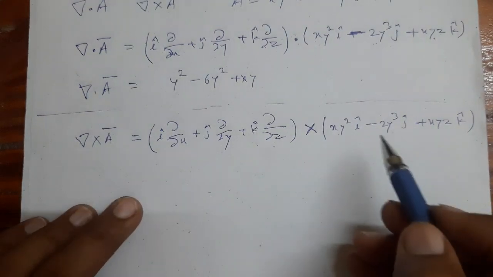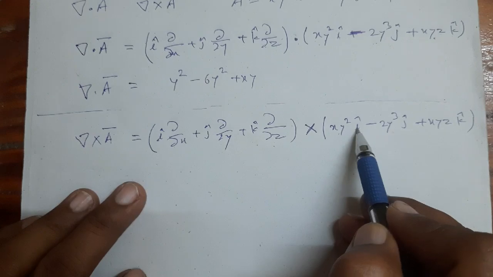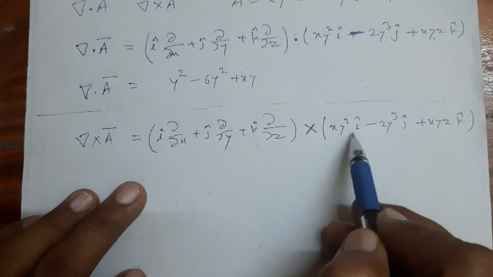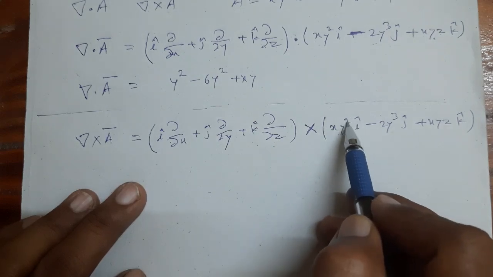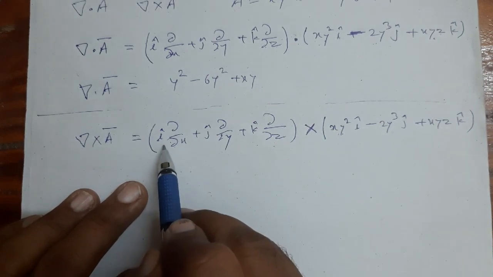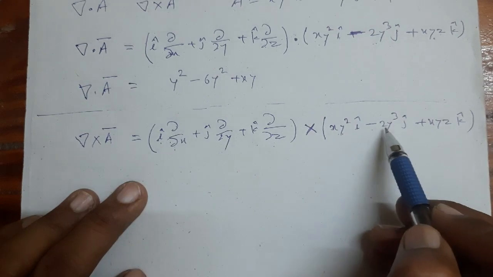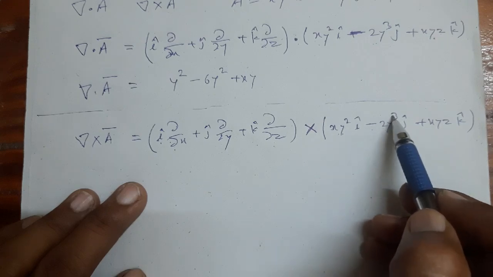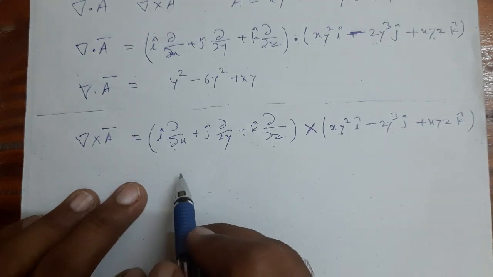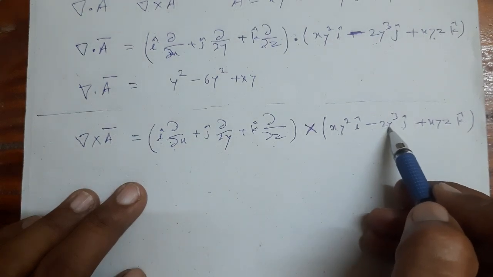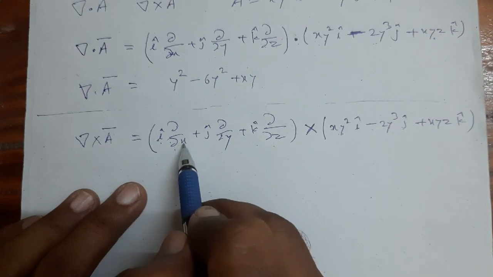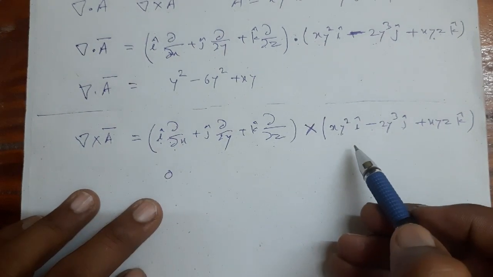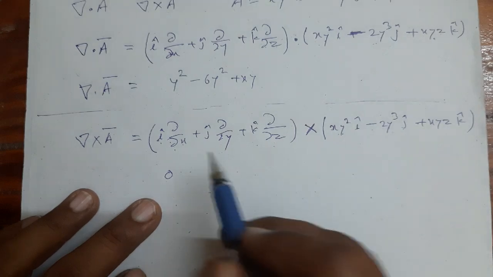Now again I can say that i cap cross i cap is 0, and therefore there is no meaning to calculate the derivative of this first term x y square with respect to x. But when I operate i cap ∂/∂x on minus 2y cube j, it has meaning. Therefore, I will have to differentiate minus 2y cube with respect to x, and that is 0 because y is to be constant. I am differentiating with respect to x. Therefore, I will have to treat y and z to be constant. Therefore, it is 0. But to understand what will be the direction if it is non-zero, I can think about